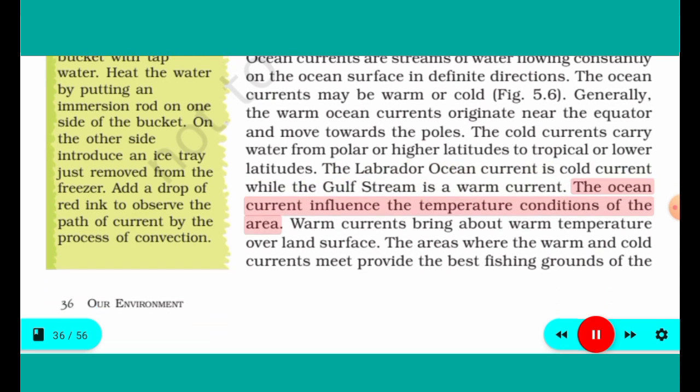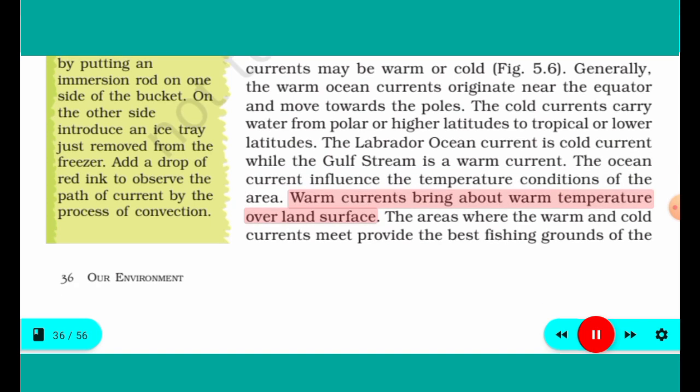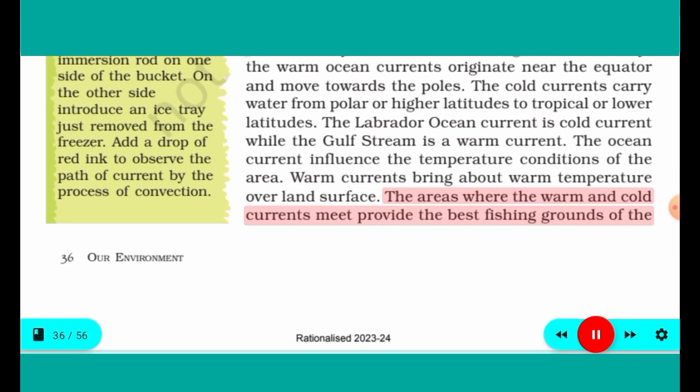The ocean currents influence the temperature conditions of the area. Warm currents bring about warm temperature over land surface. The areas where the warm and cold currents meet provide the best fishing grounds of the